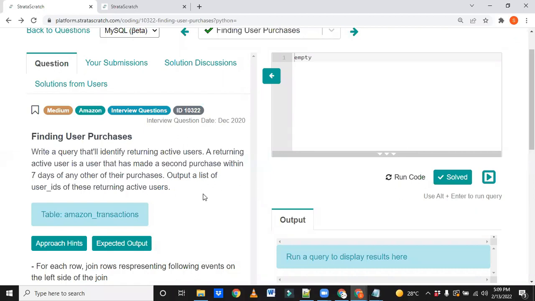If you are not able to resolve it, I don't think that will happen. Definitely you will be able to resolve it, but I will tell you my own version of how I resolved it. There is no single answer for these use cases. If you know the subject, you can write these queries in many other ways, but you have to optimize the performance also. First of all, the target is to get the expected output. The second target, second priority you can say, is performance tuning.